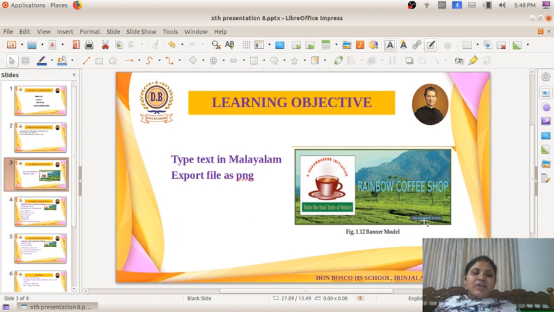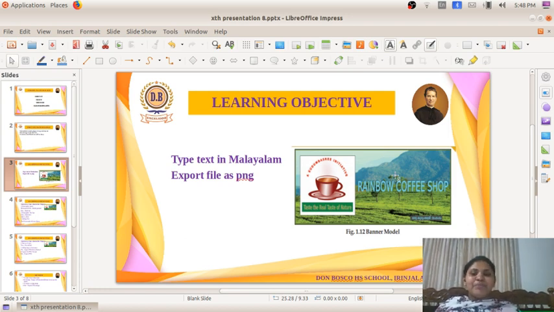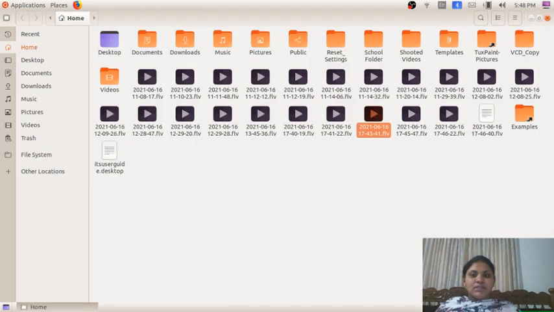So we have to complete by typing Malayalam, Oru Kudumbashree Samrambham also. That also we have to do in this banner. With this our banner will be completed and also our chapter will be finished. Okay, so let's have a look. First we will study how to type text in Malayalam. So for that we have to take our Inkscape window, right?